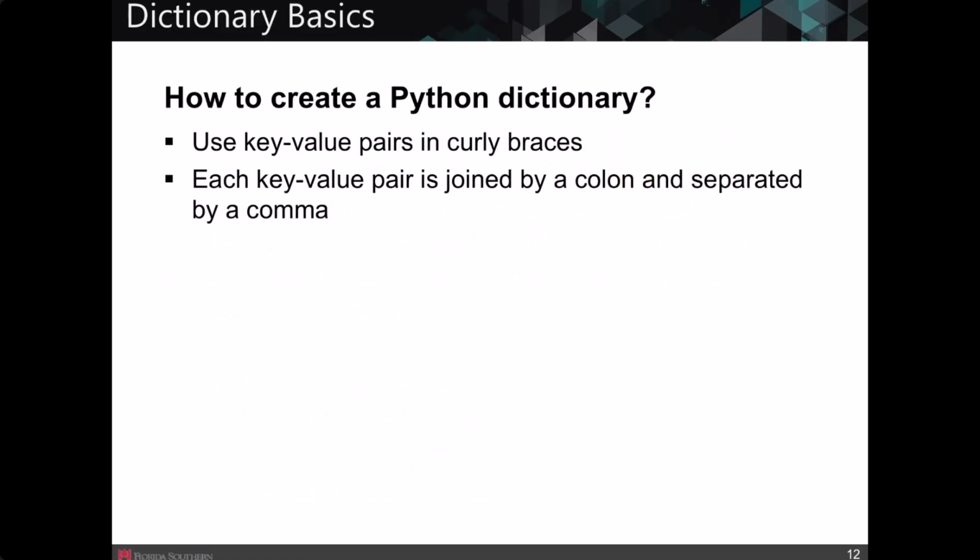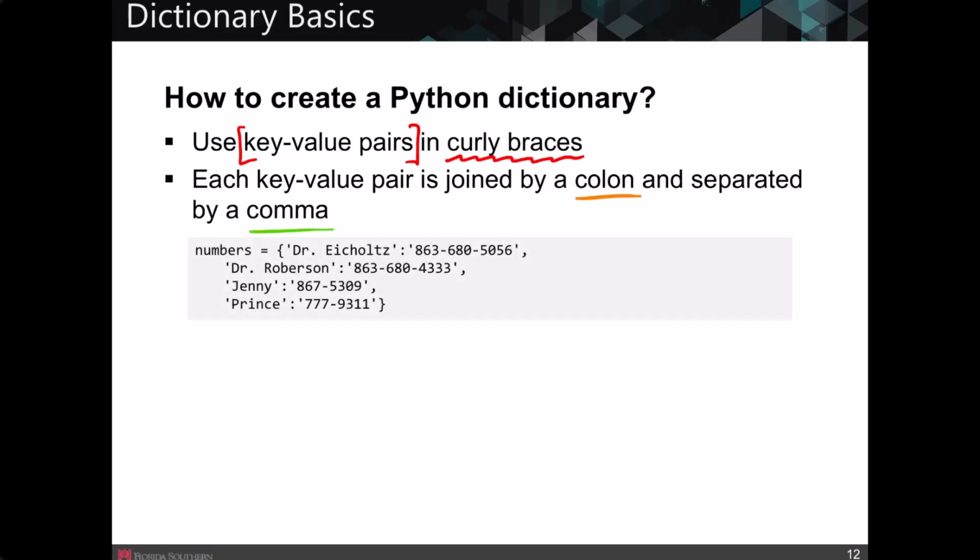So how do you create a Python dictionary? First thing you need to remember is that we use curly braces or curly brackets. And we're going to put key value pairs in those brackets. That's the easiest way, kind of the standard way. We join the pairs by a colon, and we separate them by a comma. So for example, in the phone number illustration that I gave, you will notice that I've got curly brackets around numbers. Instead of, like in a list, we'd use square brackets. I've got colons separating each of the key value pairs, and then I have commas separating each of the items,